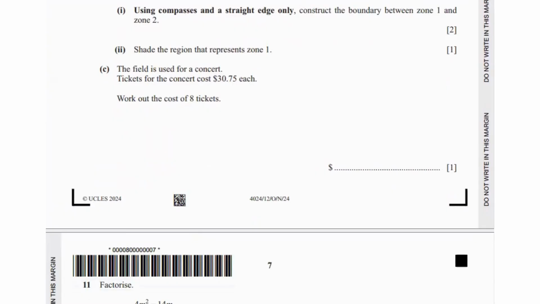Then since the field is used for a concert, the ticket for the concert costs $30.75 each. Work out the cost of 8 tickets. So for the cost of 8 tickets, we multiply 30.75 by 8. 5 times 8 is 40, so write 0, carry the 4. 7 8s are 56 plus 4, that's 60. So 0, carry the 6. The decimal comes down as it is. 8 times 0 is 0 plus 6 is 6, and 8 times 3 is 24. So as you can see, the total cost of 8 tickets is going to be